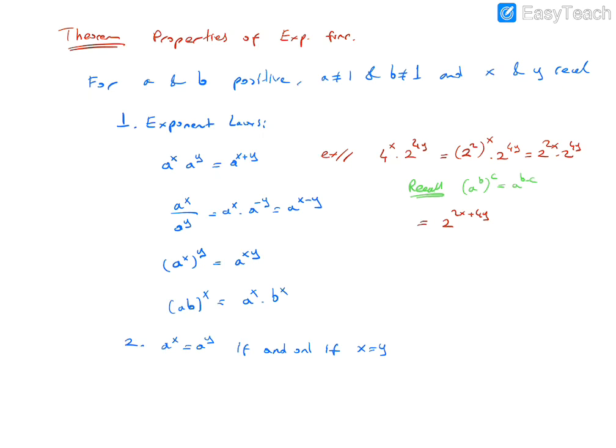And the third property is: for x which is different than 0, a to the power x equals b to the power x if and only if a and b are the same. a equals